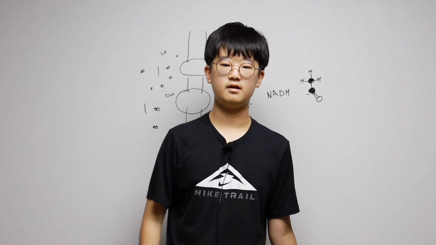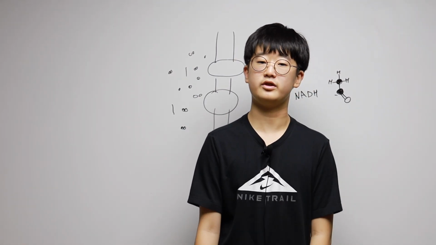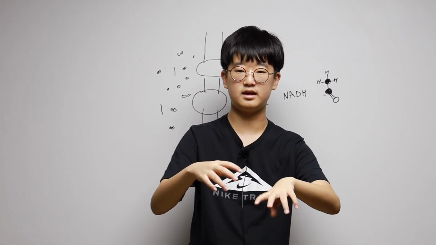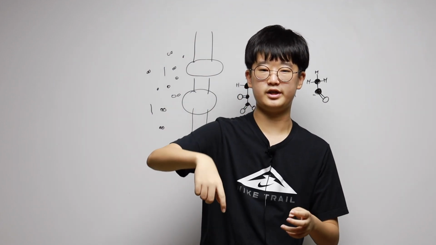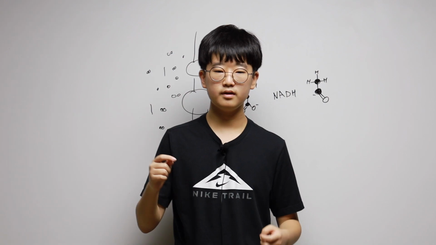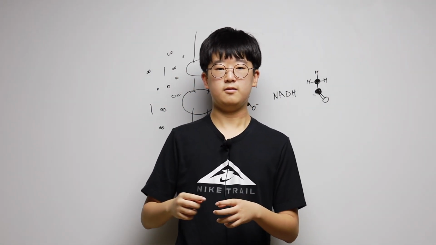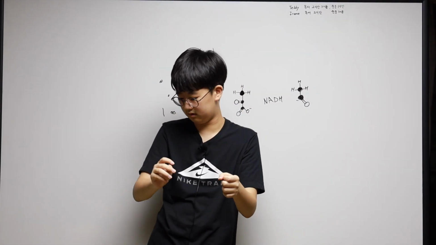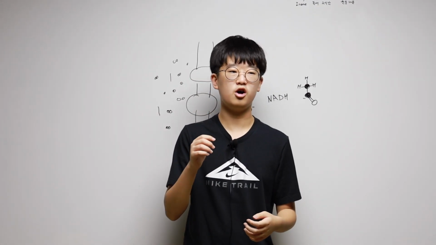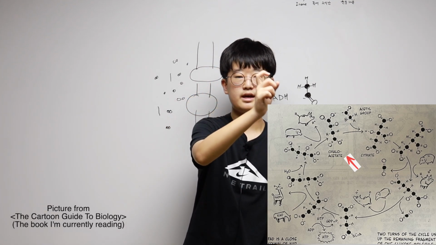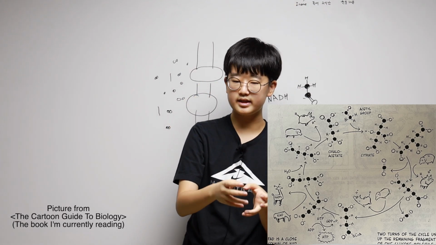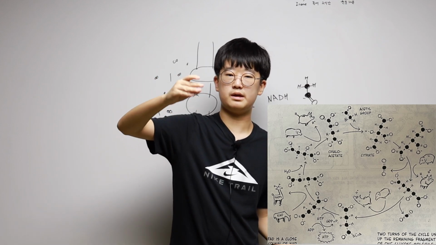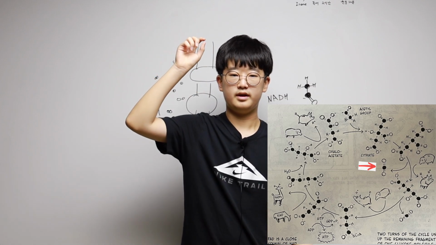So I think I'm gonna draw it here. Actually, I'm not gonna draw it because there's a lot of things to draw, and so I'm just gonna explain it. And there's gonna be some pictures on the screen. First, there's an acetyl group, and it goes into the first level of that cycle. The first molecule in there is called oxaloacetate, and then the acetyl group comes in and makes citrate, and then the citrate turns a part of the molecule into CO2, and